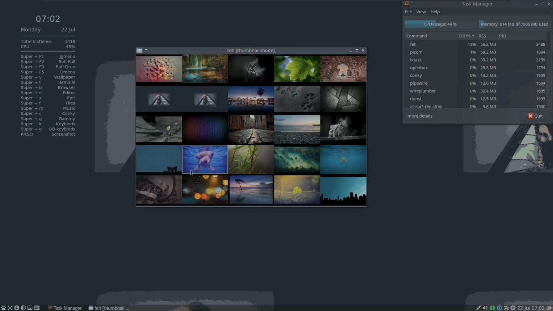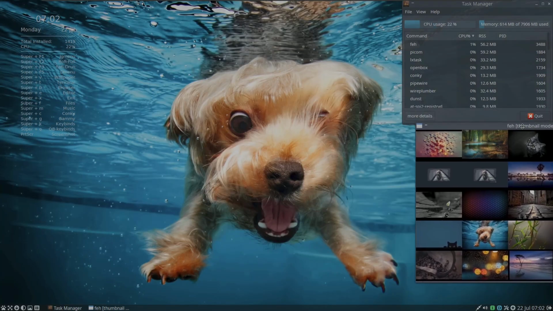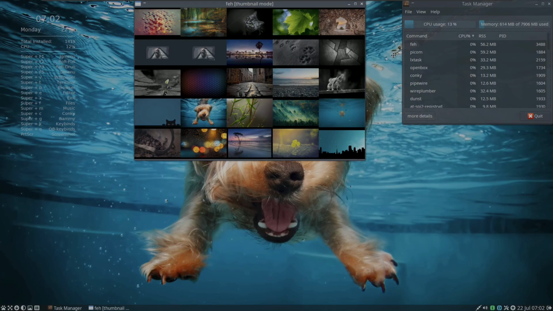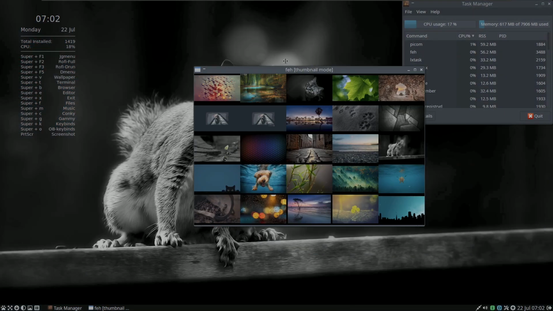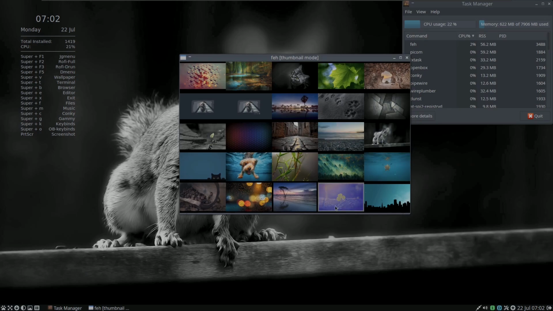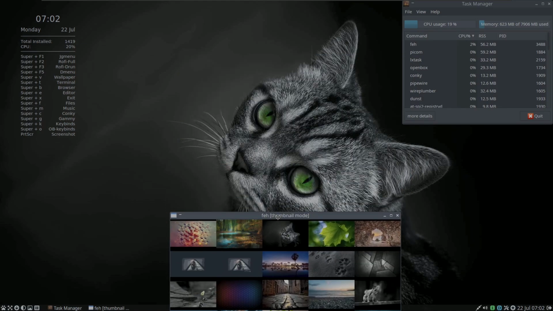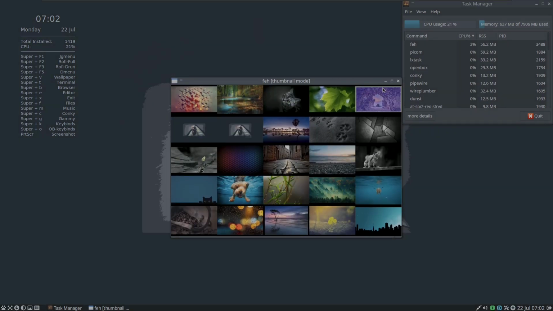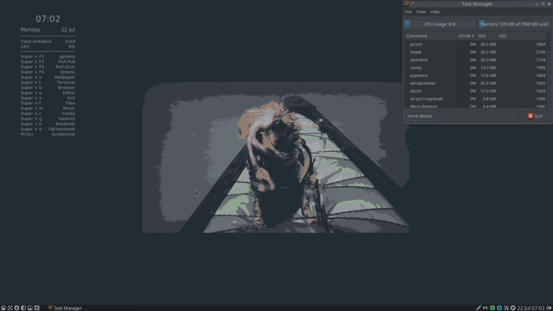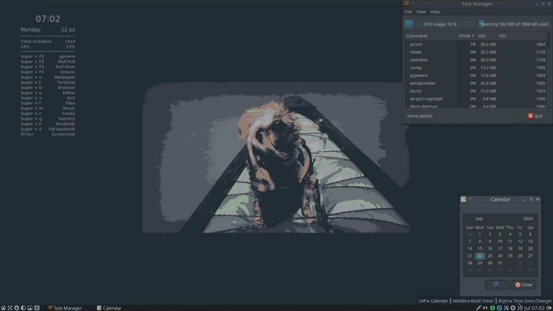So there are some good wallpapers. There is a dog. It's a cute dog. Looks like a husky. It's a squirrel. So you get a bunch of wallpapers. Here is a cat for cat lovers. I'm going to keep it the default. I'm going to close the wallpapers. So here are some of the desktop features like a date and time,